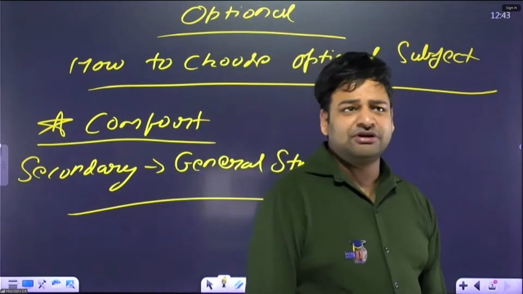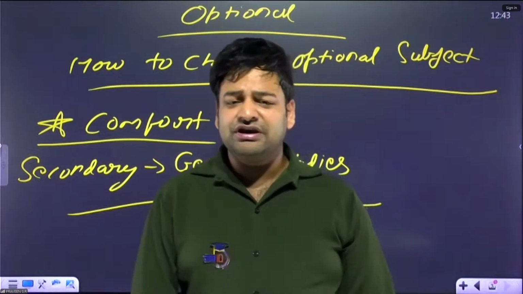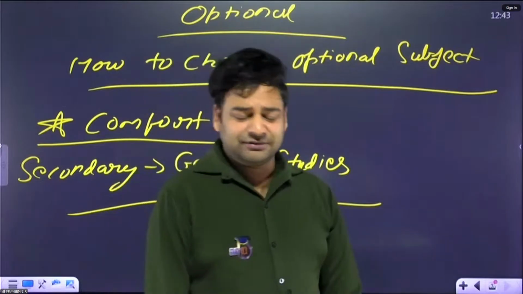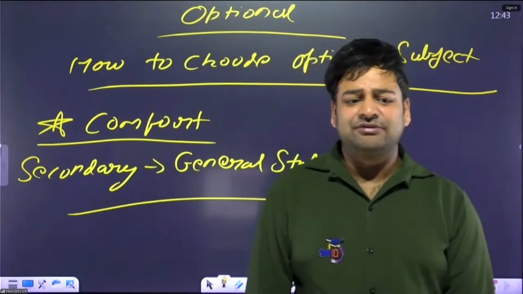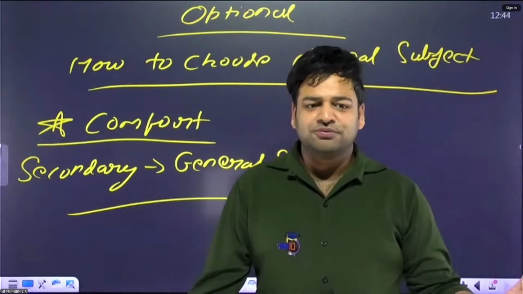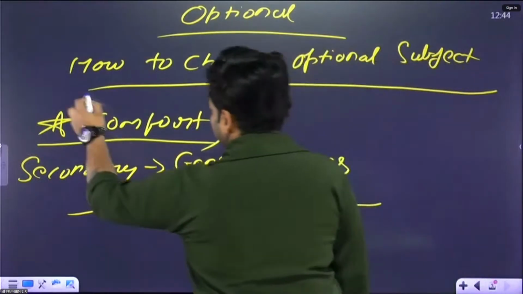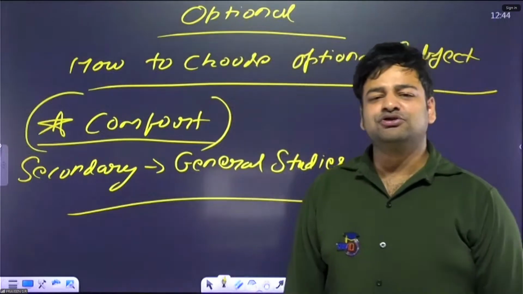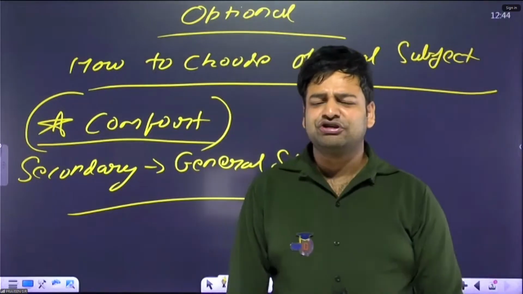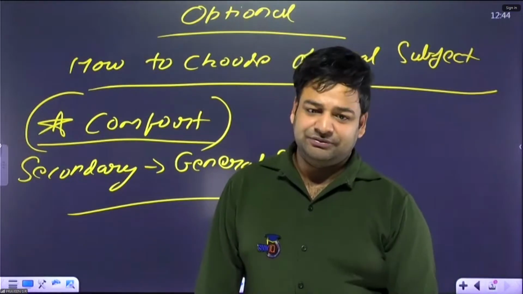He qualified 2 years back, 23 batch. So he is a doctor. He has completed his MBBS, okay, and he was doing his MD. In the meantime, he gave his examination as well. And he completed his examination, okay, he passed his examination through medical science as an optional, right? So what optional did he take? Medical science, right? Why? Because it was his comfort zone. There are people who have taken psychology, agriculture, economics, political science, history, geography. Why? Because they are comfortable in that subject.